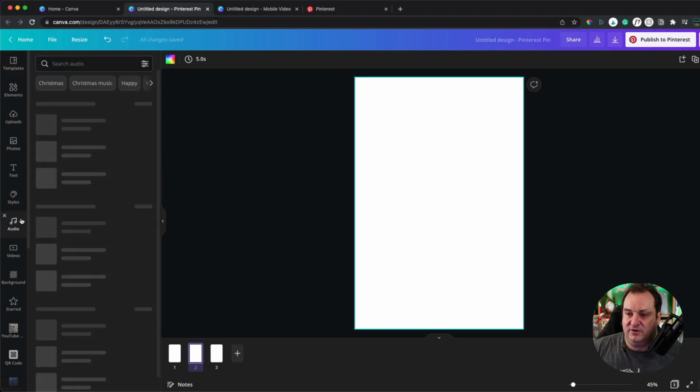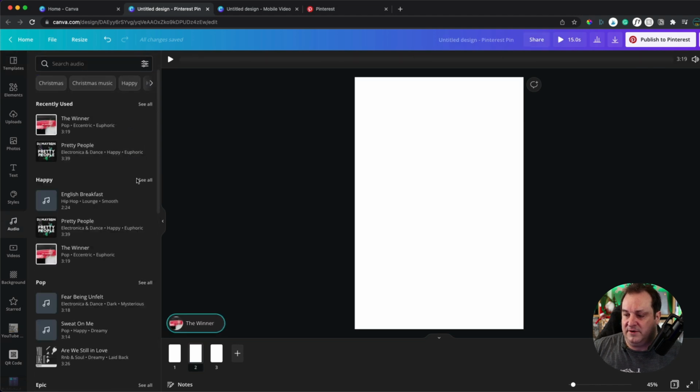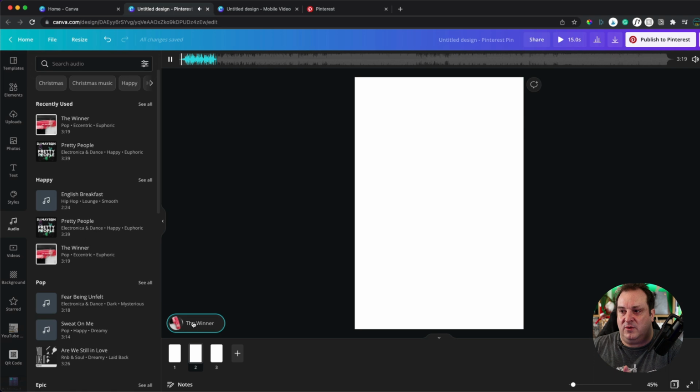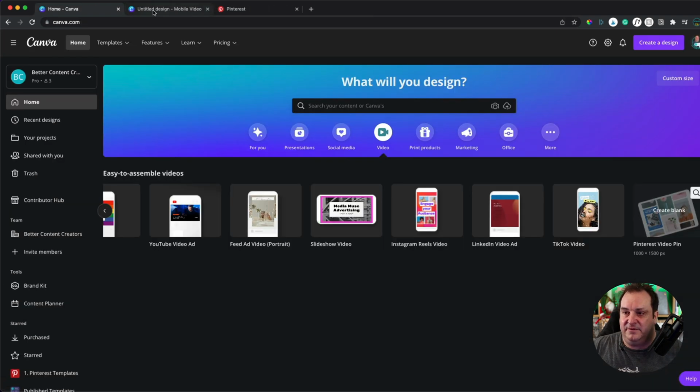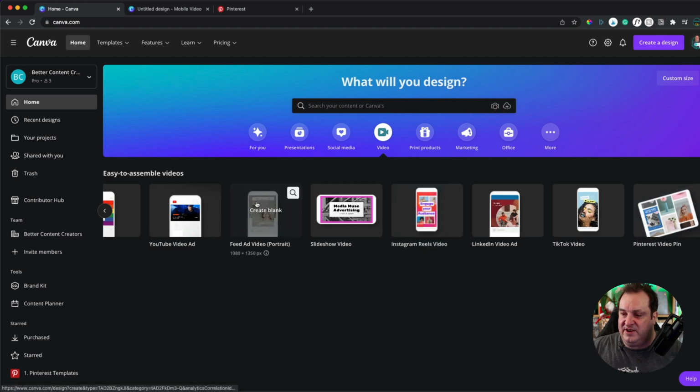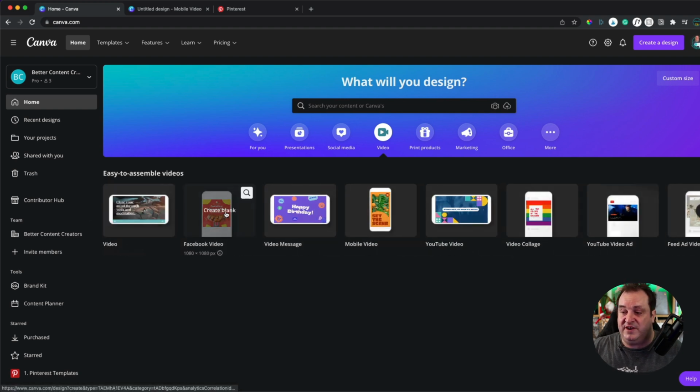And if I click on audio and add audio in here, it adds it in the old way. What you need to do, if you want to create a video pin, and this is a bit of the frustration with this one at the moment, is if you want to create a video pin or an idea pin using the new video editing options, what you're best off doing is clicking on any other video option,